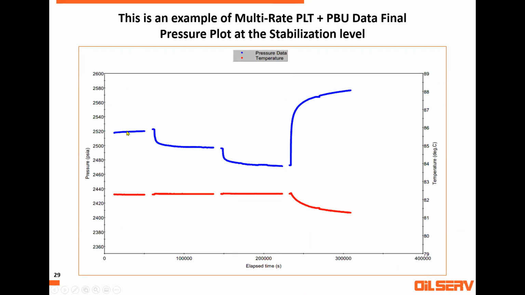This is the reason to name it stabilization level: before we do the PLT pass, the PLT tool, when it's run in the hole, mixes the flow regime, maybe affects the flow regime. So we give it a few hours till it's stabilized. How much stabilization?